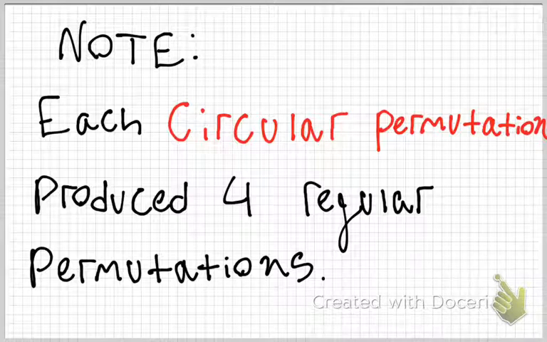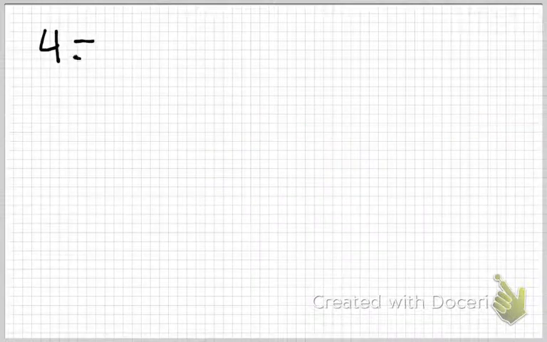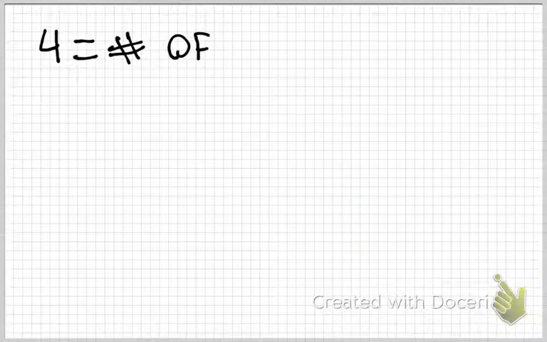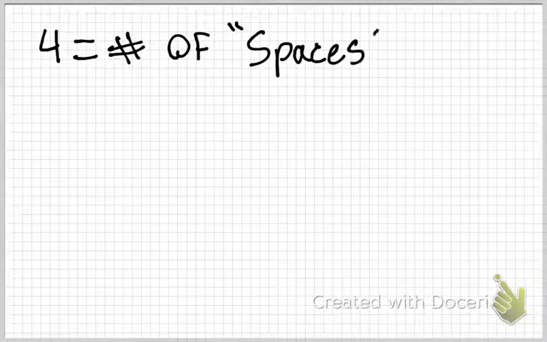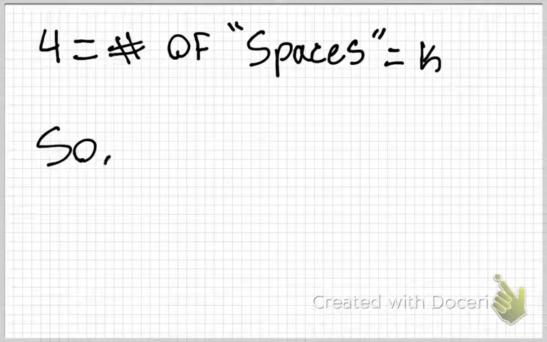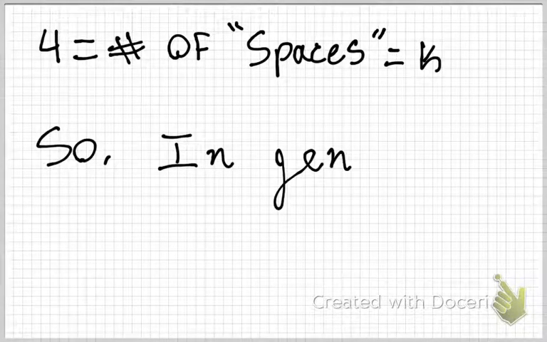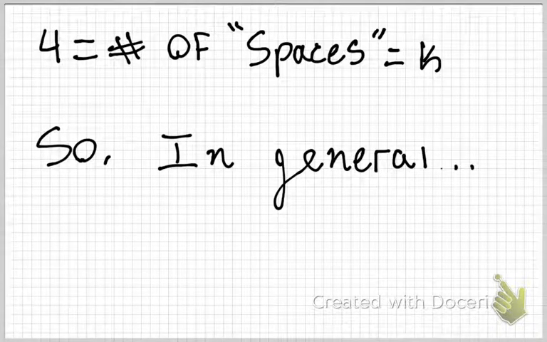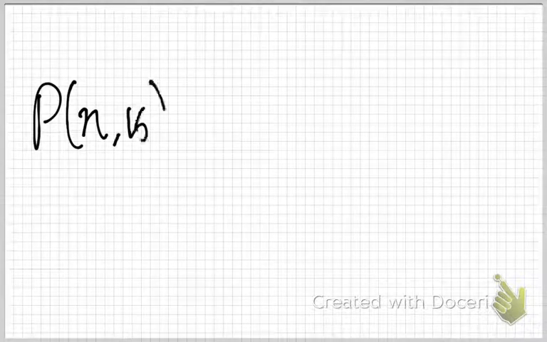Let's use that relationship between the two to derive the formula. Now, in this case, 4 was equal to the number of spaces that we had. So K was equal to 4 in this case. But in general, K won't be equal to 4. K will be equal to K in general. We want to generalize our formulas. We don't want to make them in a specific case, because what happens when K is not equal to 4 and it's not equal to 5? So, in general,